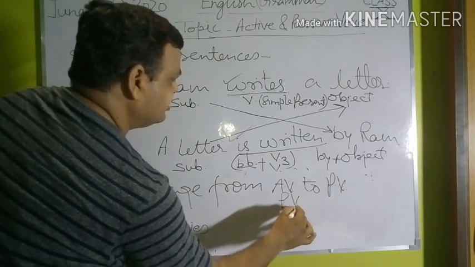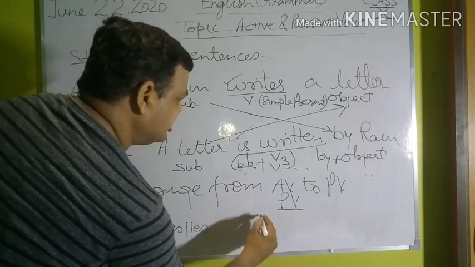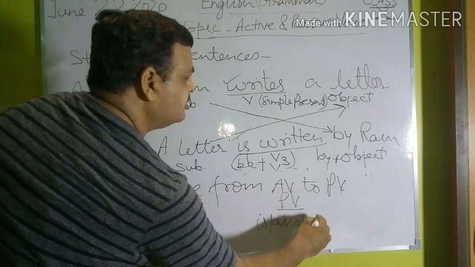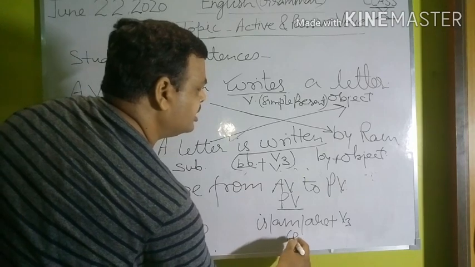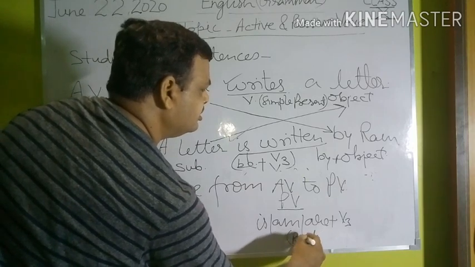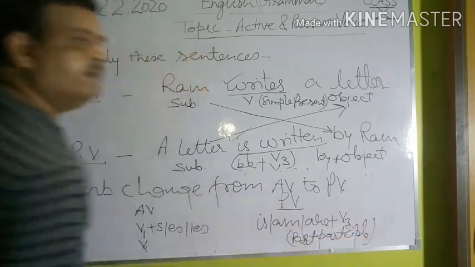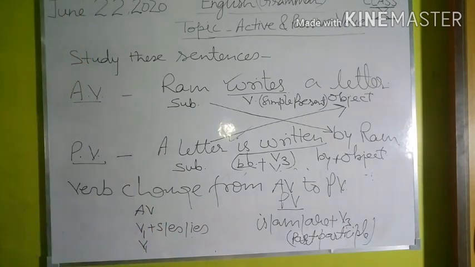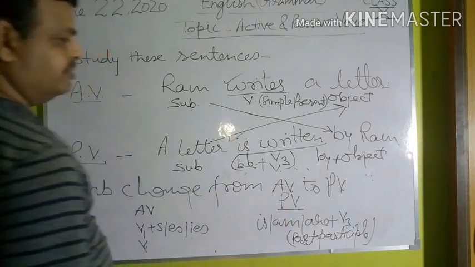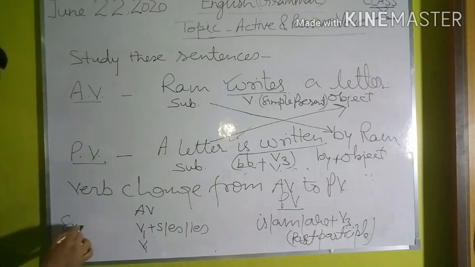In the passive voice, which form of the verb goes? In the passive voice, we write is, am, are followed by the third form of the verb, which is also known as past participle. Always remember that in passive voice only the past participle form of the verb is used, neither the first form nor the second form, and it is used as the main verb. So this is the verb structure of simple present tense.